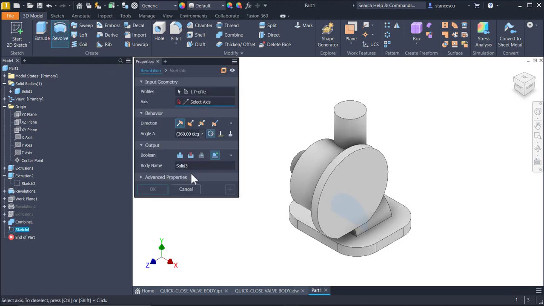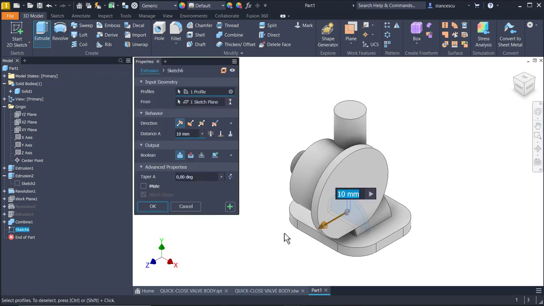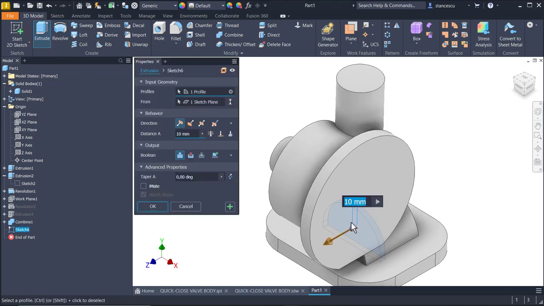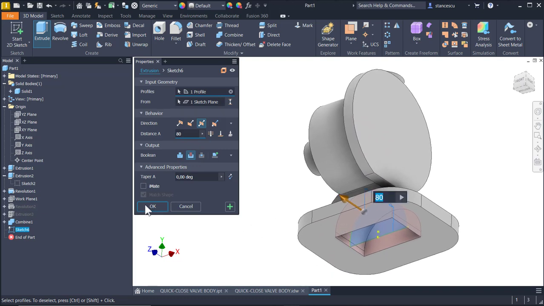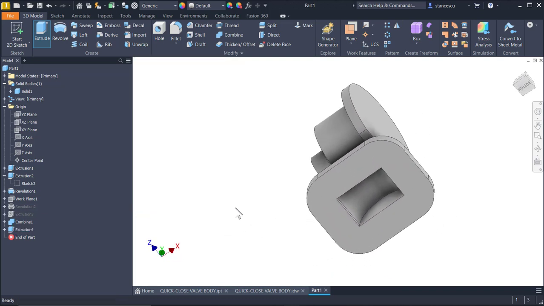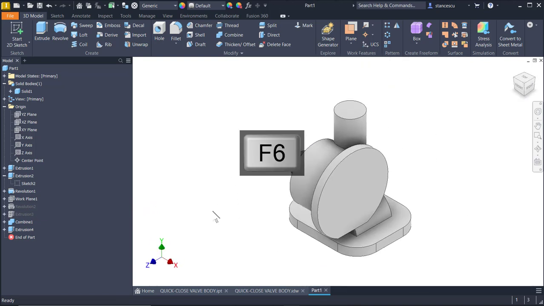Not revolve, excuse me. Extrude. You see inside there is a closed contour and the dimension is 80, but with cut, not adding but cutting volumes. Okay,